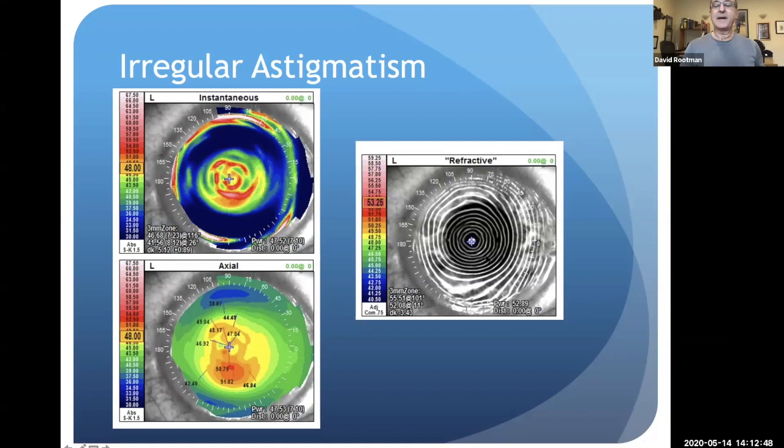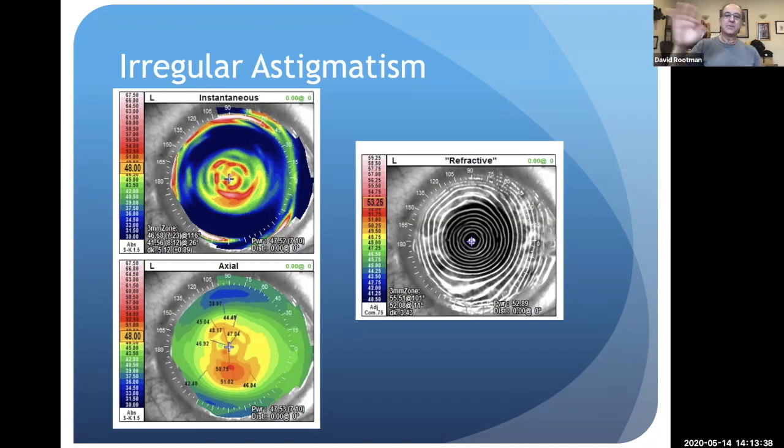And once again, the utility of having the actual images: if you look at the Placido rings, it's quite obvious to the naked eye that this patient has irregular astigmatism, and this is a hyperopic patient who's undergone hyperopic PRK or LASIK, has the blue trough all around the center, and the epithelium, not atypically, is very irregular. And that also helps us understand why many hyperopic patients don't see that well for a long period of time. It takes a while for their epithelium, and remember, epithelium is the cornea surgeon's friend,